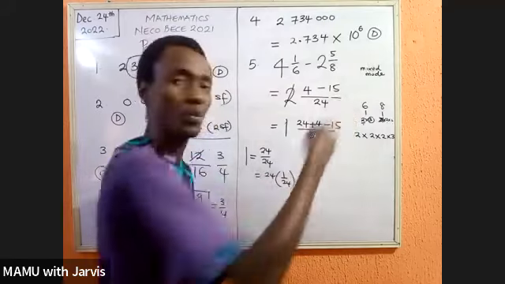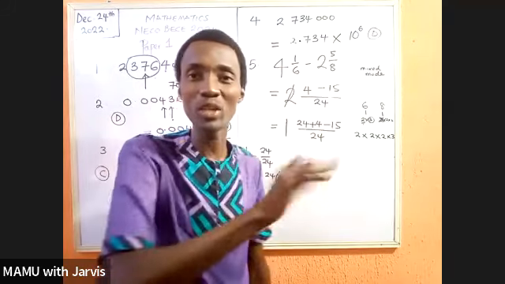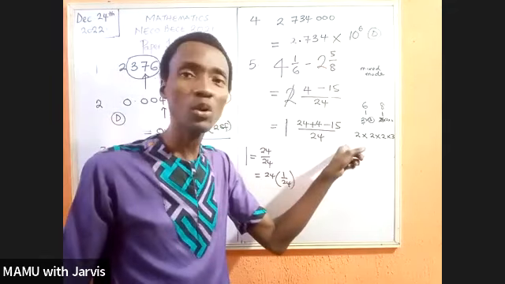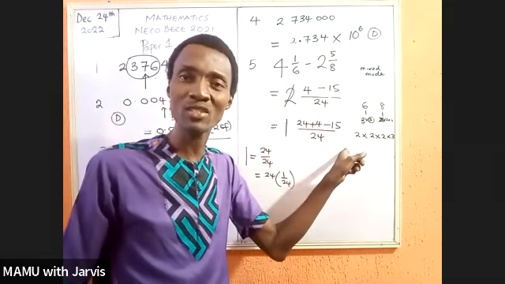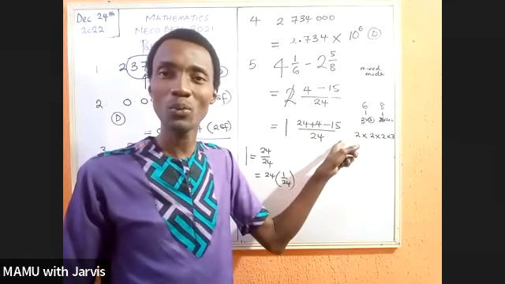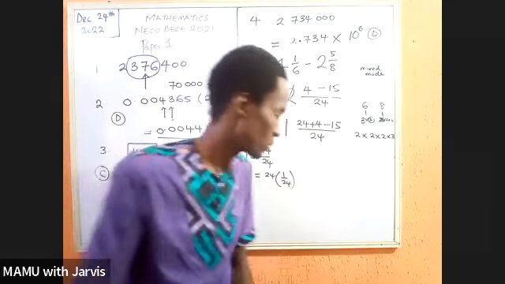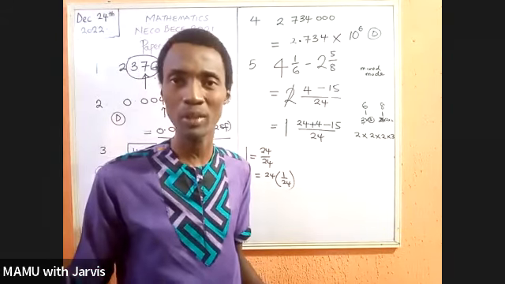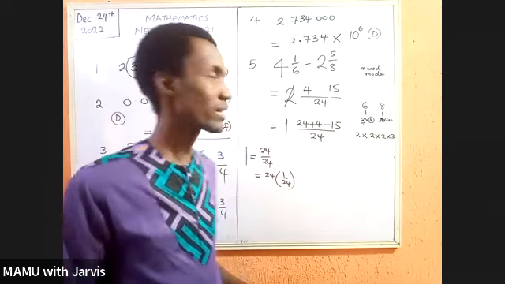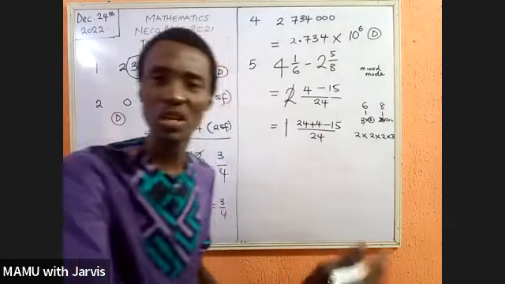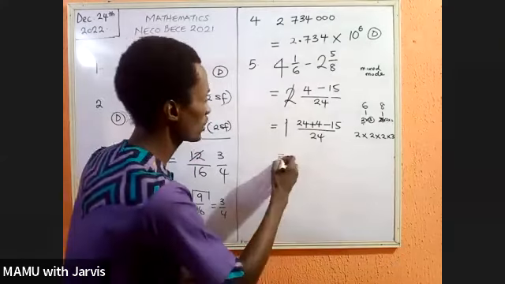When you just turn to a proper fraction and you solve and run away, this idea is lost. And more often than not, when you come to certain sensitive areas of math, you will struggle. So sometimes we should try as much as possible not to take shortcuts. Sometimes it causes a lot of problem. Let's learn the things as they ought to be, so that when we get to those areas of math, we'll be able to survive. So this will give me one whole number,